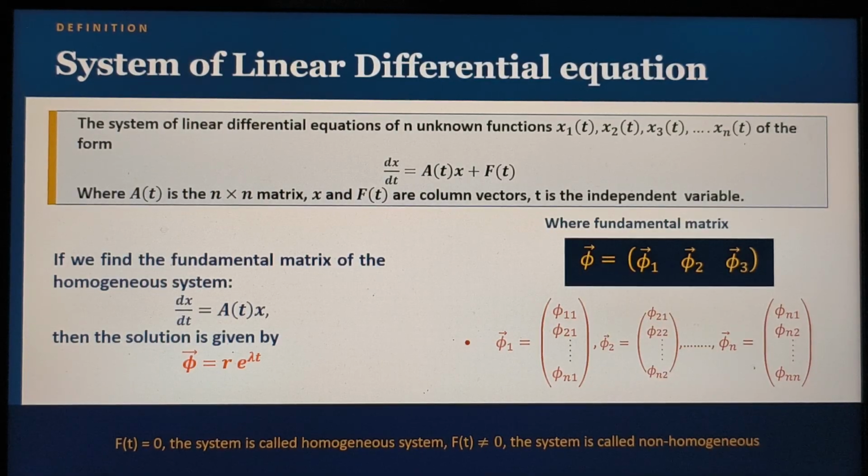now the system of linear differential equations of n unknowns x1, x2, x3, dot dot, xn, of the form dx/dt equal to A(t)x plus f(t), where A(t) is the n by n matrix and x and f(t) are column vectors and t is the independent variable. Okay, so if we find the fundamental matrix of the homogeneous system dx/dt equal to A(t)x, then the solution is given by phi equal to e to the power lambda t, where phi is given by the